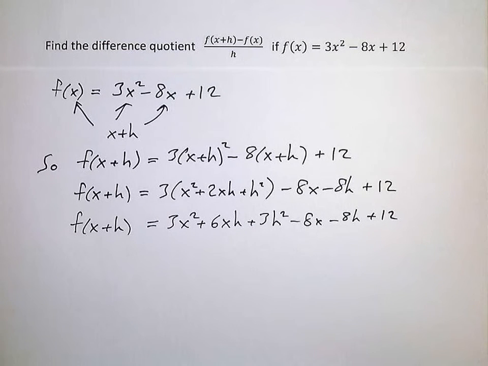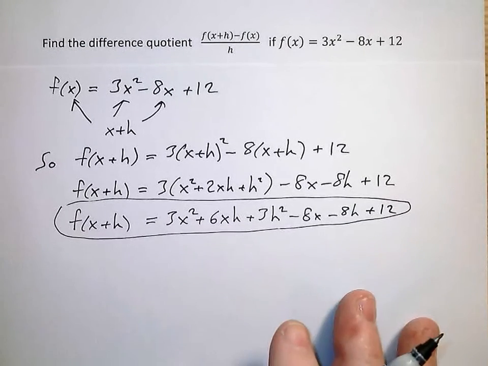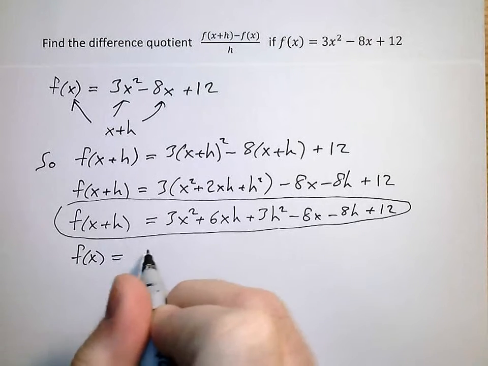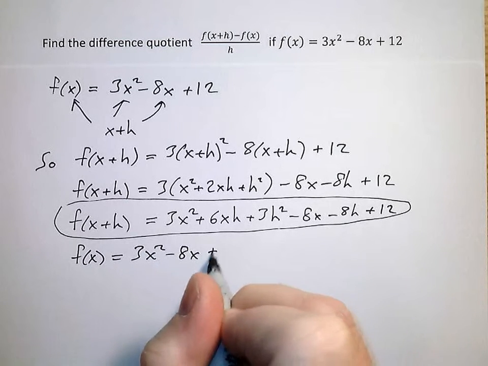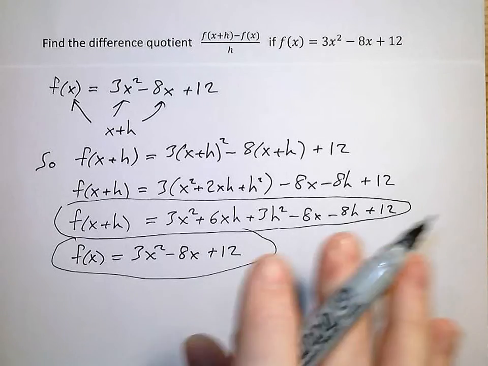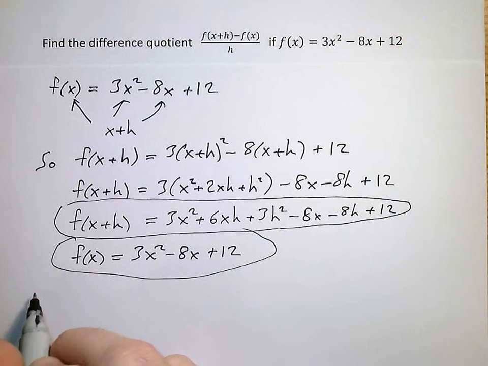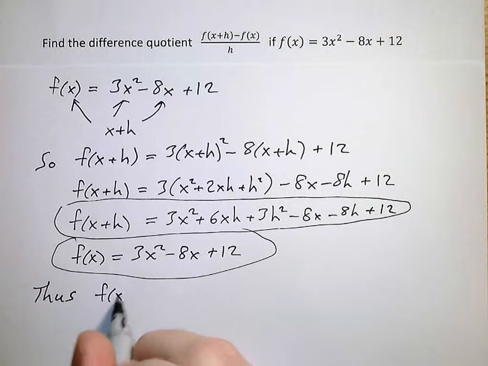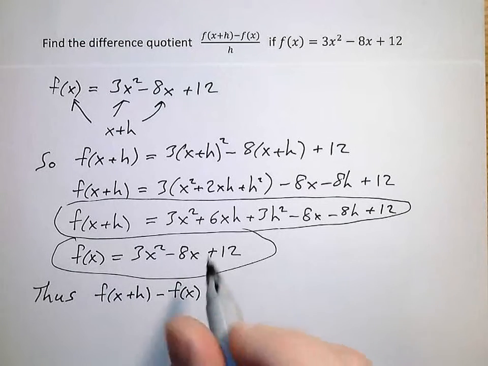Okay, so this is my f of x plus h, right? And you might recall f of x was 3x squared minus 8x plus 12, right? So I have this guy and this, and going back up in here, I want the difference of these two. So thus, we're going to have f of x plus h minus f of x is going to be, well,